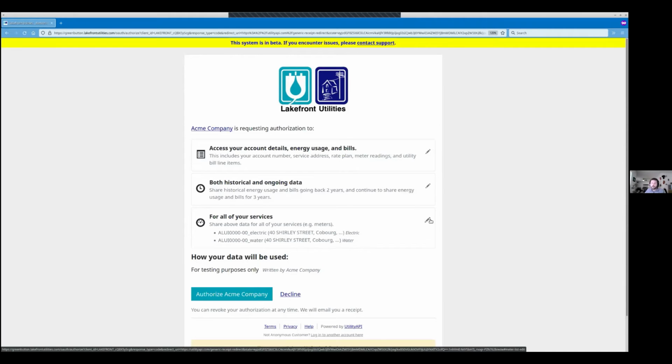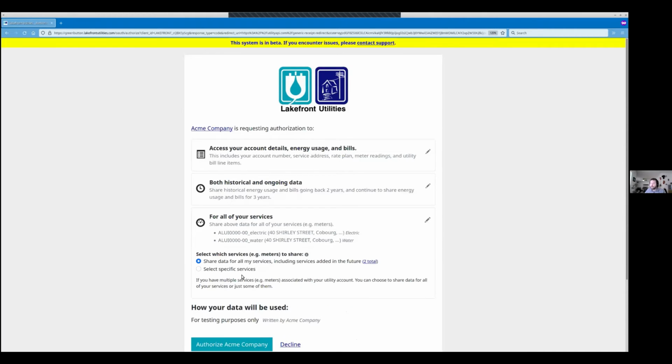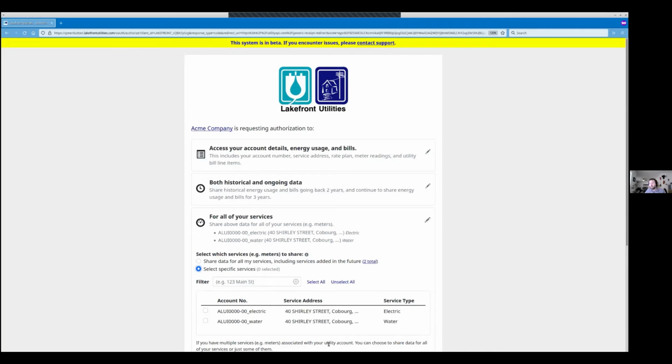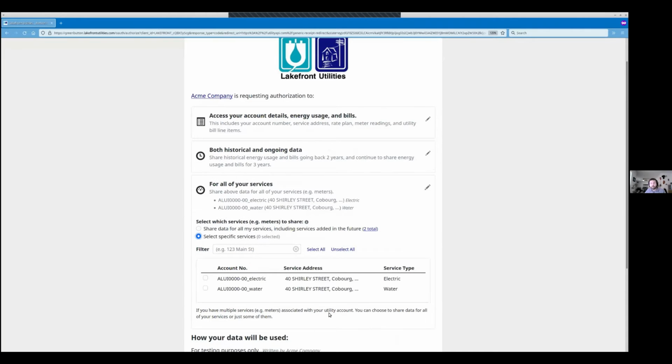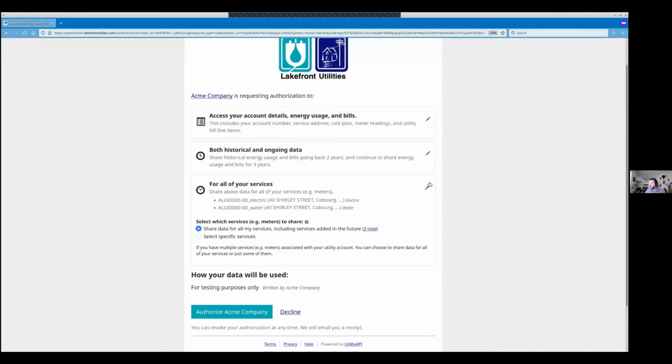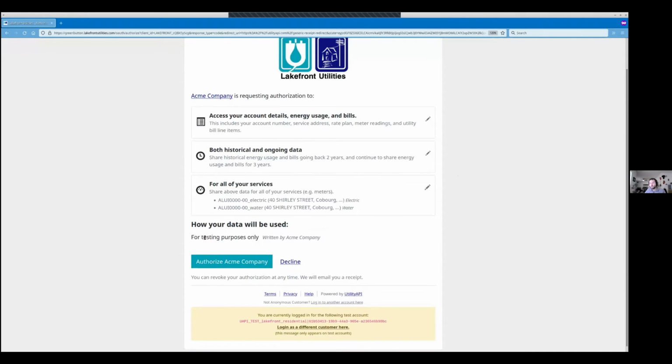And then the last option is selecting which services you want to share. So here, since it's a residential customer, there's a single electric and a single water service. And that allows them to share their data for that. So I'm just going to select share all to keep it simple. And then to go back